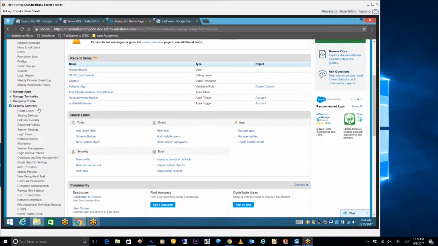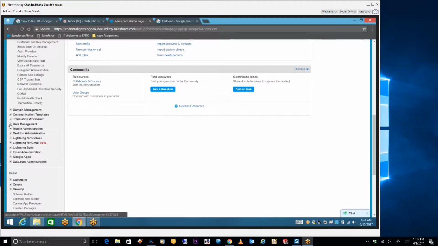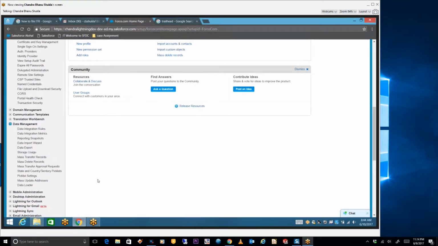Then we are asking a major part in data management. In data management, we ask, do you know how to upload data using Data Loader? Do you know how to work on Workbench? Do you know how to work on Import Wizard? Then we have a different tool, the command line Data Loader, which we use for developers. These are the three major tools we use. Other tools can also be used, provided by external third-party tools like Jenkins. But if you write in your resume that you have 4 years of experience, you should know all these fundamental parts.